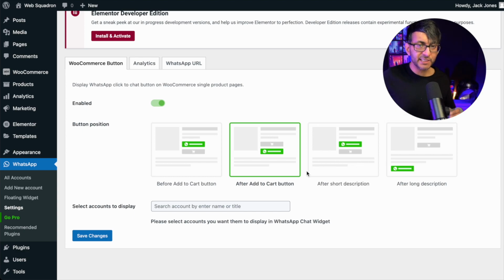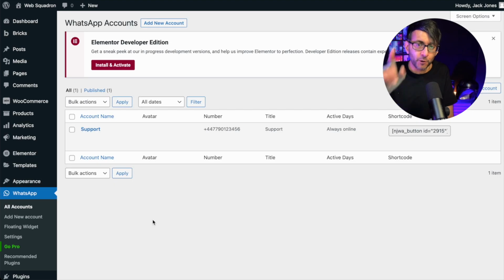This can be really, really cool if maybe you don't want to have it present on any of your pages until you get to a single product page. So maybe now you're interested in them. You don't want them to contact you for any other reason except, okay, now we want to talk about XYZ product. Before we view it, I just want to show you that if you do go back over to where you have your account,